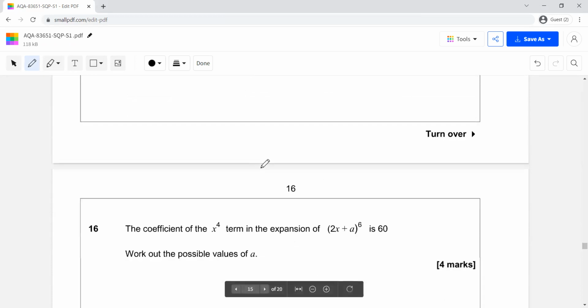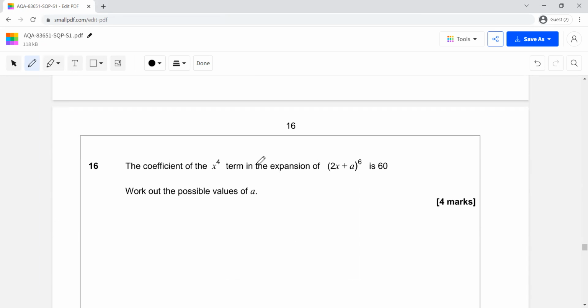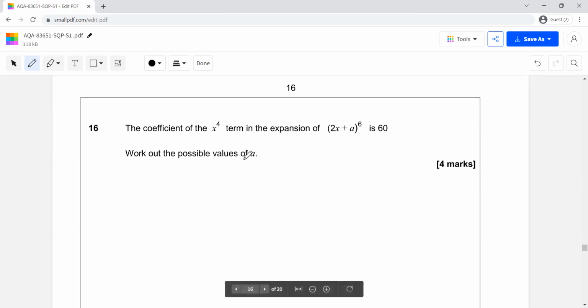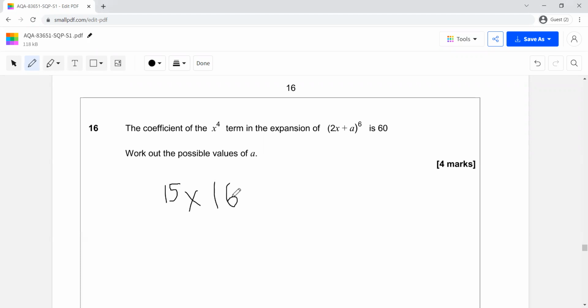Moving on. Question 16. The coefficient of the x to the 4 term in the expansion of (2x plus a) to the 6 is equal to 60. Work out the possible values of a. Now to do this, we need to use the binomial expansion. So I'm actually going to do this whole thing, and I'm going to say that 15 times our 16